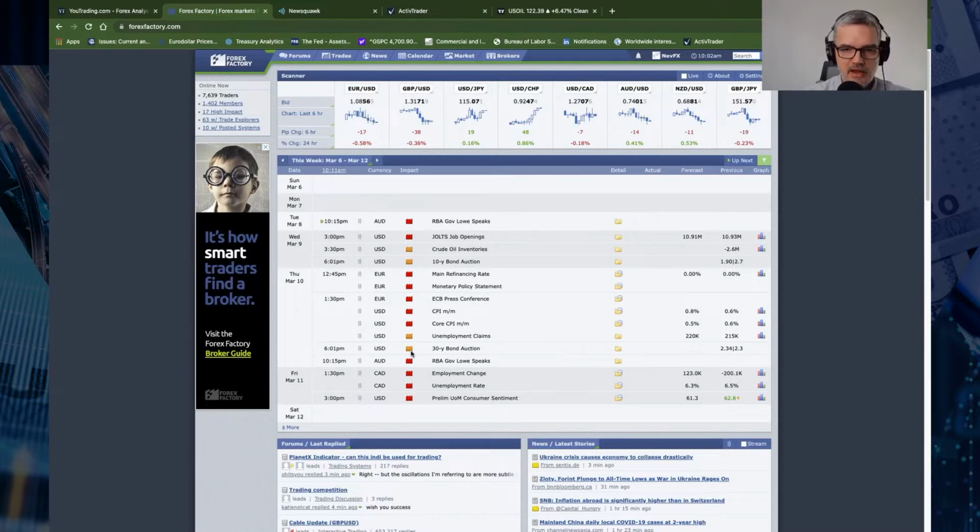We do also have this 30-year bond auction, which I've noticed that equities kind of hold off until we get that auction. We've also got on Wednesday the 10-year bond auction. So again, Monday, no real tier one data to look forward to, so it's all news headlines that we'll look at. Tuesday, RBA Governor Lowe speaks. And then 2 days later on Thursday, RBA Governor Lowe speaks again.